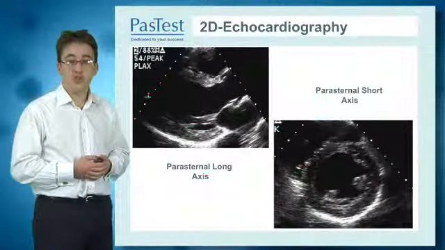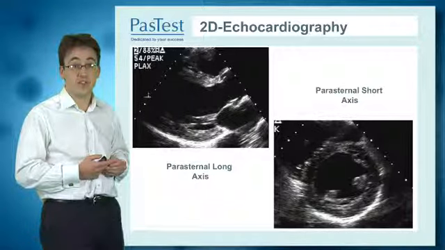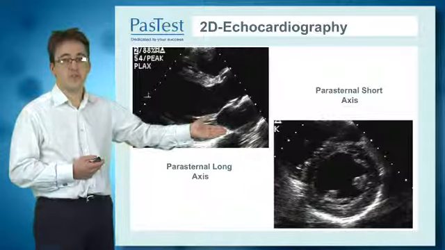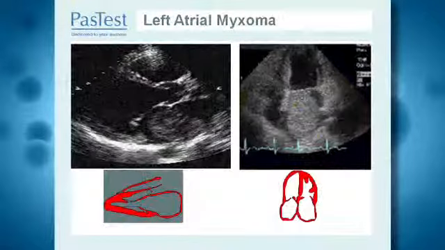Here are two normal 2D echocardiographic images. On the left is a parasternal long axis view, and on the right is a parasternal short axis view. You can see the clear and beautiful definition of the left ventricular lumen. You can see the mitral valve, the left atrium, and the aortic outflow tract. If you turn the probe through 90 degrees, to get a cross-sectional cut, or the parasternal short axis cut, you can see the left ventricle en face with the 2 mitral valve annuluses.